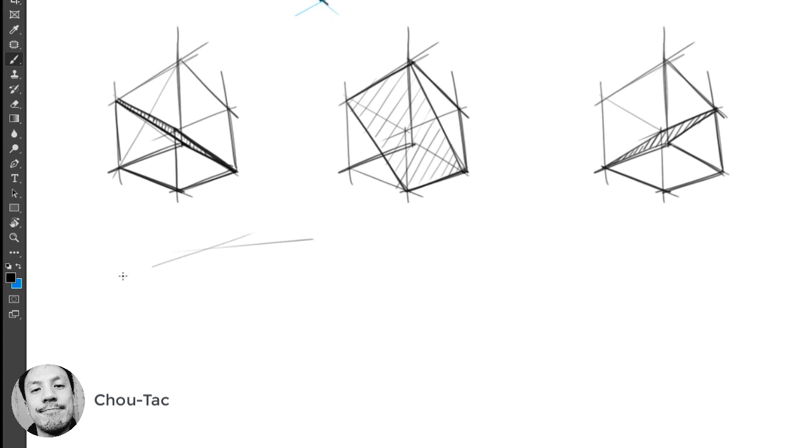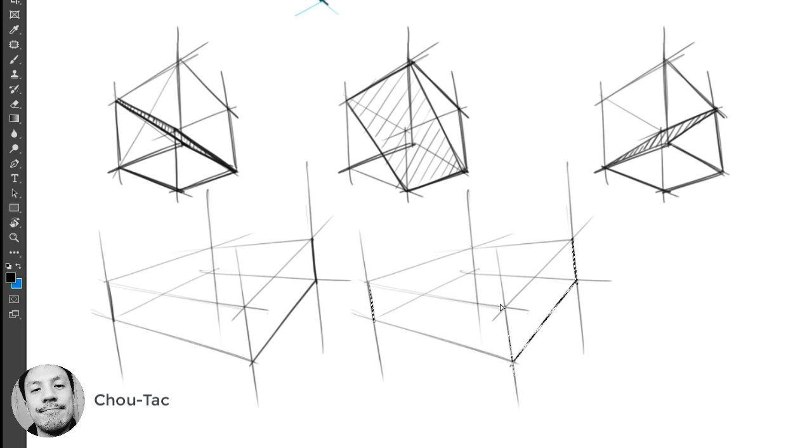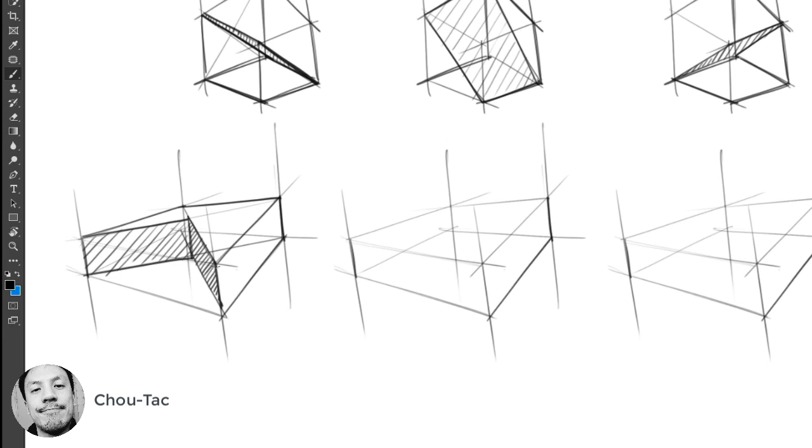Let's draw another type of box here. So I'll draw light, then I put a bit more. Let's duplicate it here, a bit more space. Diagonals on the opposite side, and then I draw the shape I want. So here I have chosen a very basic shape, but of course, if you can master that, feel free to try something harder, something with more details. But for now, it's very good for you as a beginner to start with that,